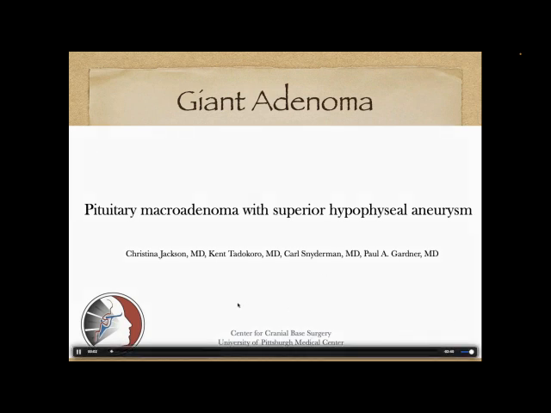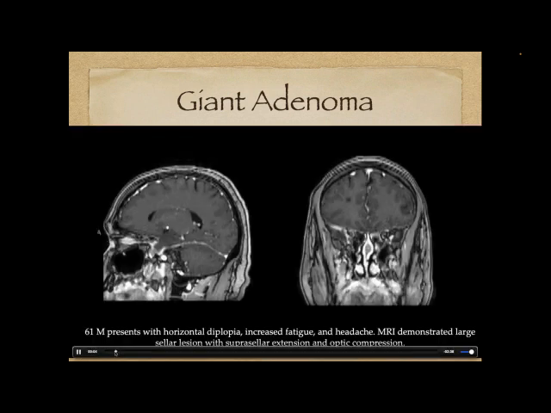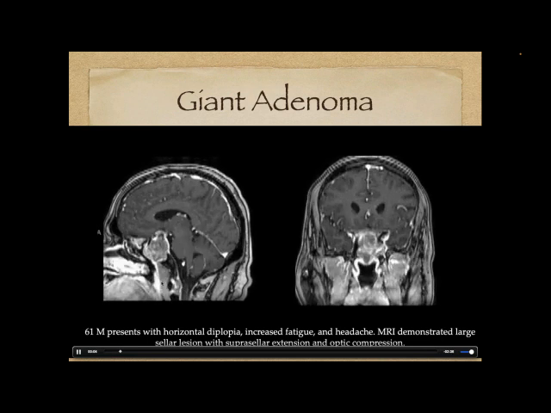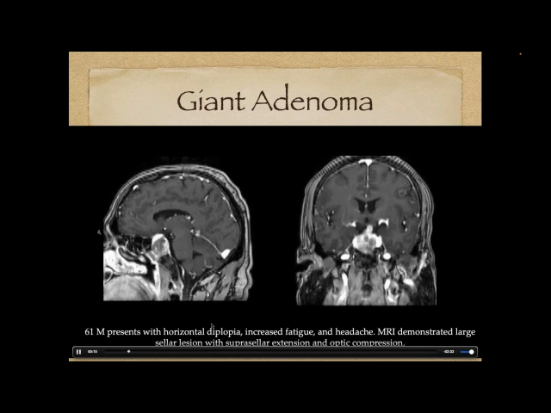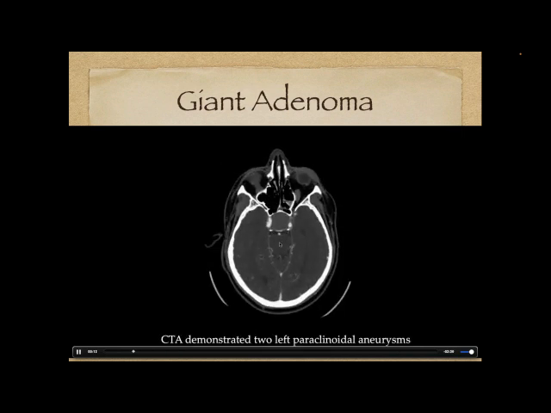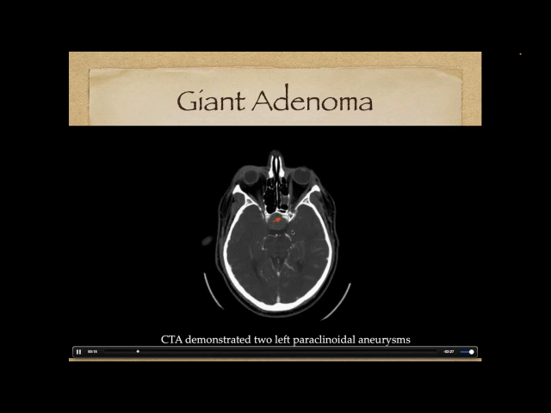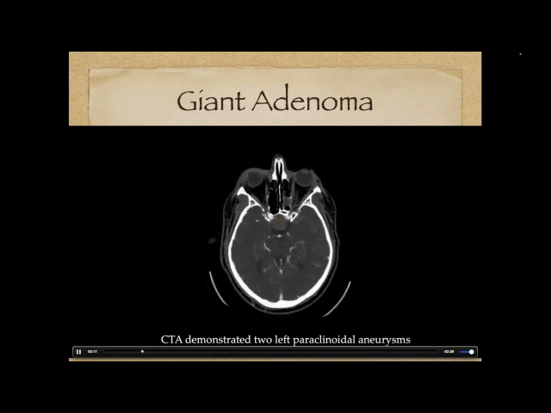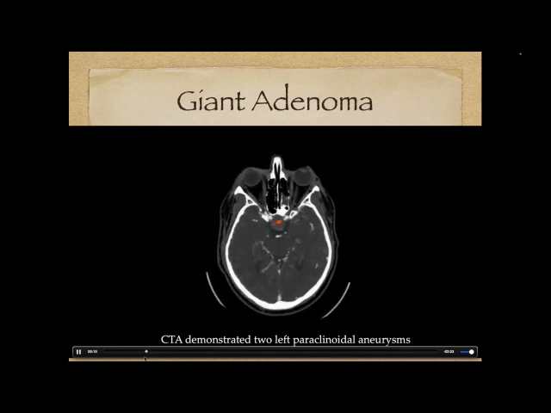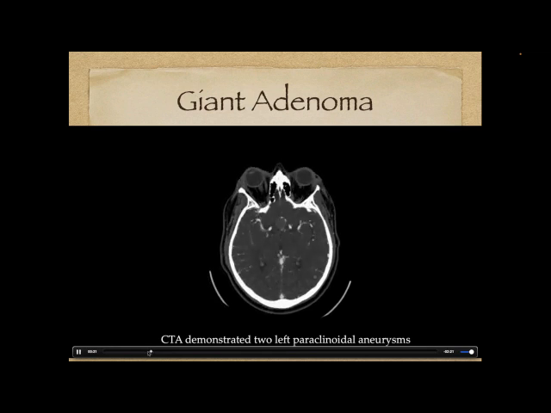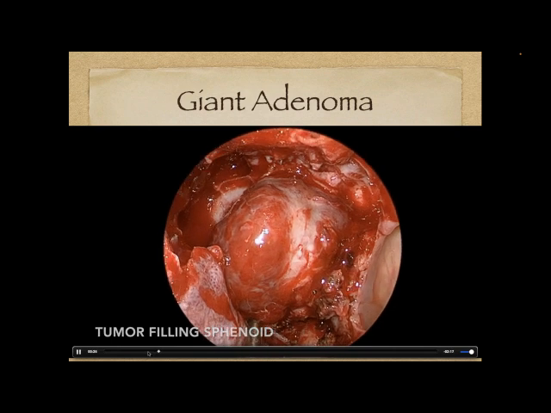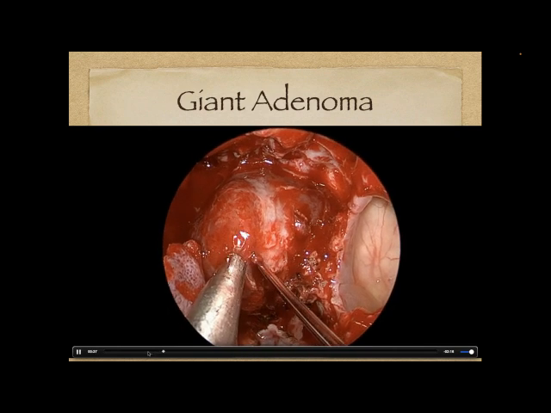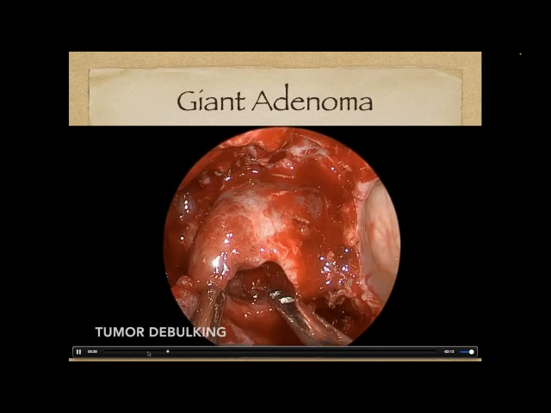So here's an example of such a giant tumor treated at our center. And here you can see the size of it. And this man presented with double vision. He had some fatigue from loss of hormone function. And at the same time, while we were doing this, we also found a small aneurysm on the same side as the tumor. And of course, this tumor had to be removed, but we needed to be comfortable dealing with those aneurysms as well. And our plan was just to look and make sure they weren't inside the sella.